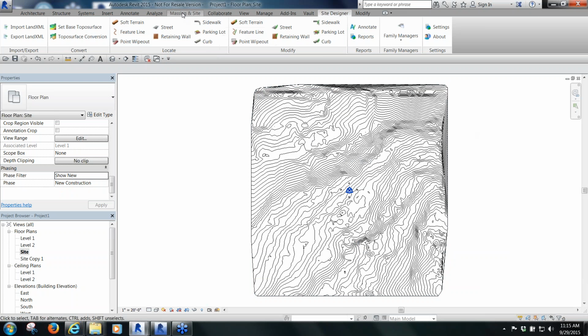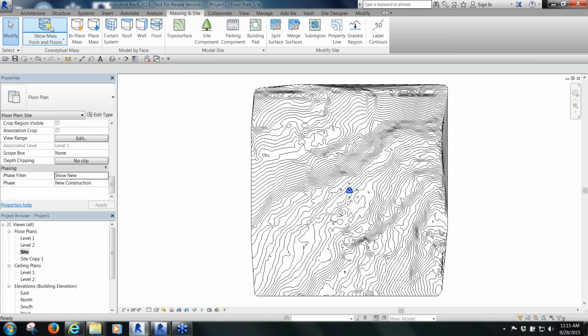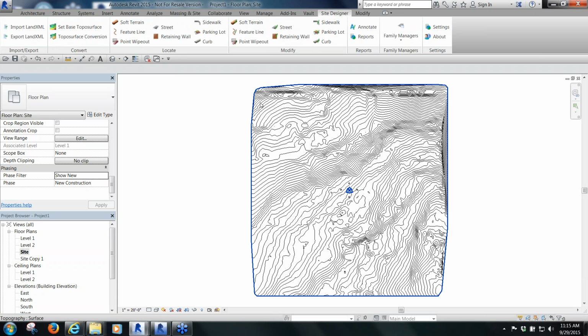One other thing that you might need to do is click on your massing tab and tell it you want to show mass, because all of the Site Designer elements will be created as a mass item. All right, so with that,